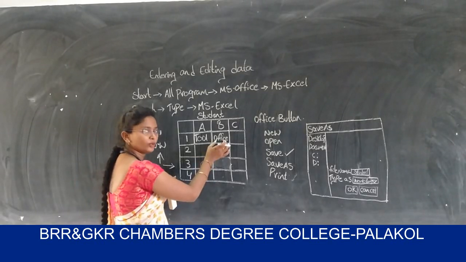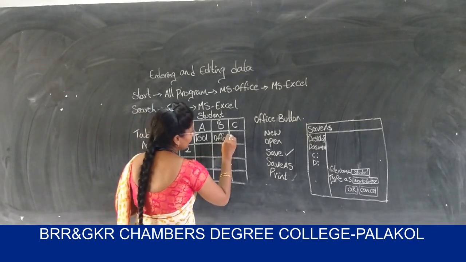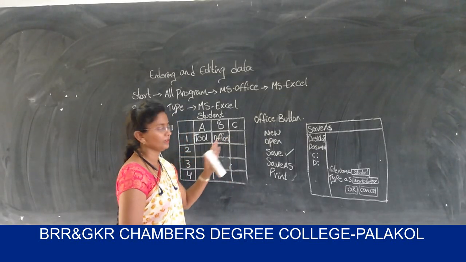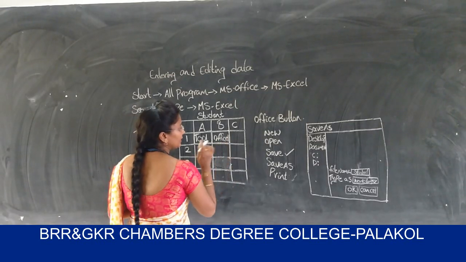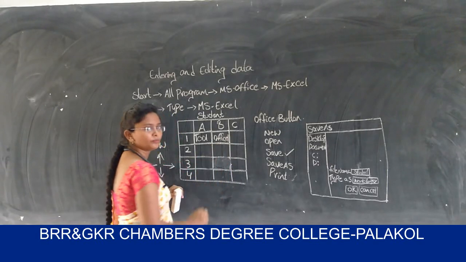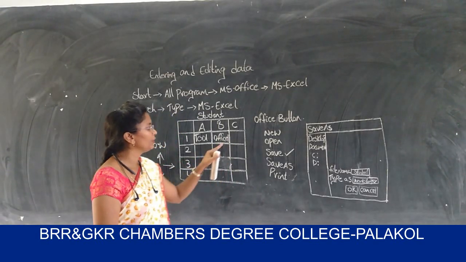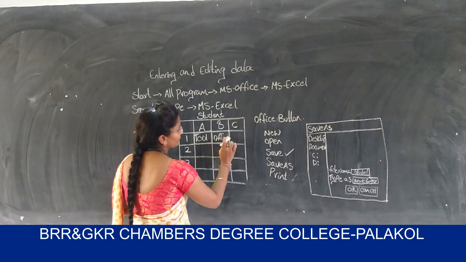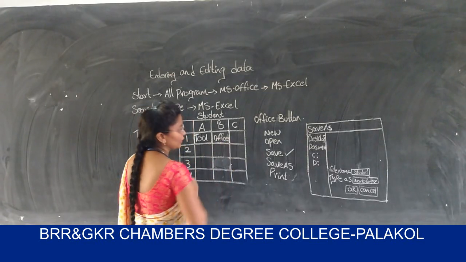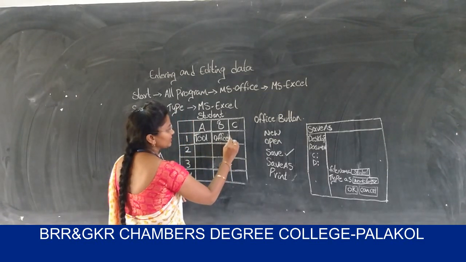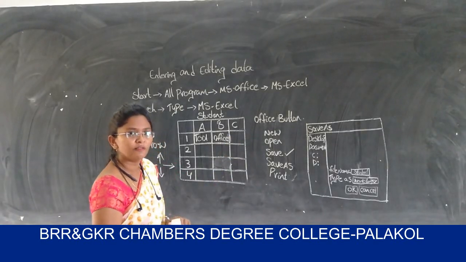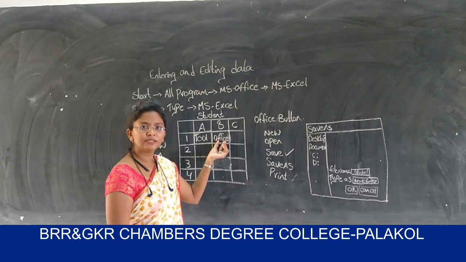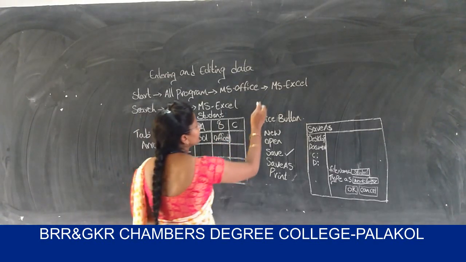If the B1 cell is activated, place the cursor here, because I have to write something in this data, that is, editing. Place the mouse pointer here so the cursor is blinking. If the cursor is blinking, you can type something from your keyboard. I am typing yes from my keyboard. After the S, the cursor will be blinking. That means I entered one letter from my keyboard, so I am editing this data. The first data is office.